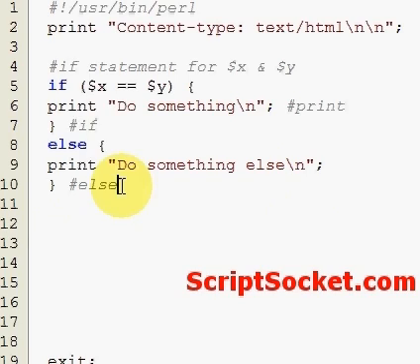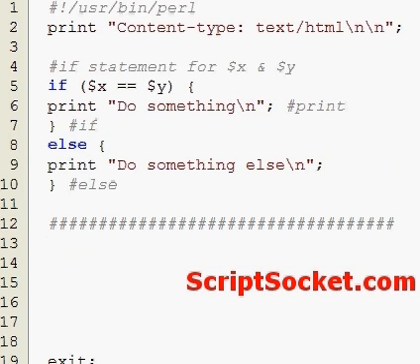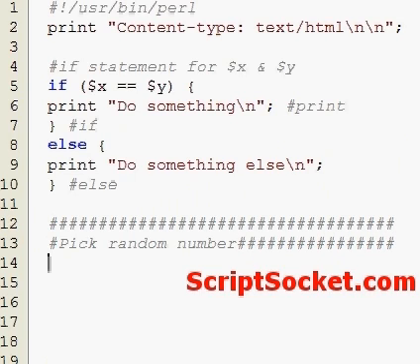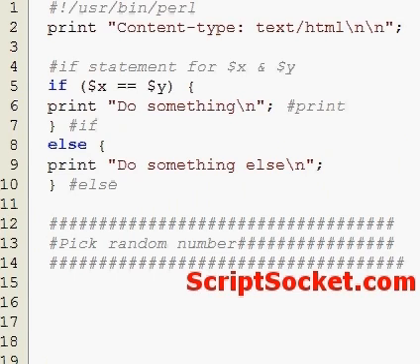Now, as the scripts get longer and longer and longer, sometimes it's a good idea to do extra big labels, something like that, and then whatever this code is about. So it might be pick random number, then you might fill the rest of this in like so, and then you'll have a big lot of code coming all the way down here for a while,